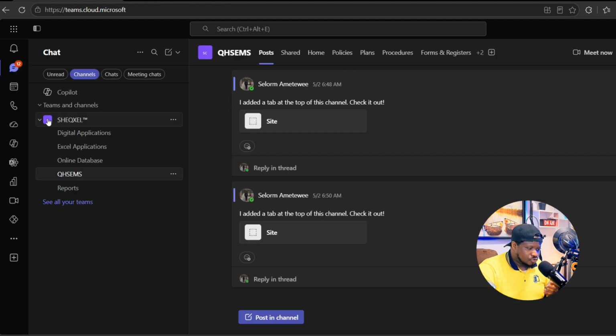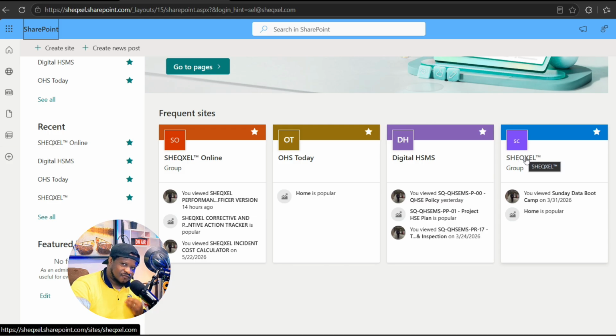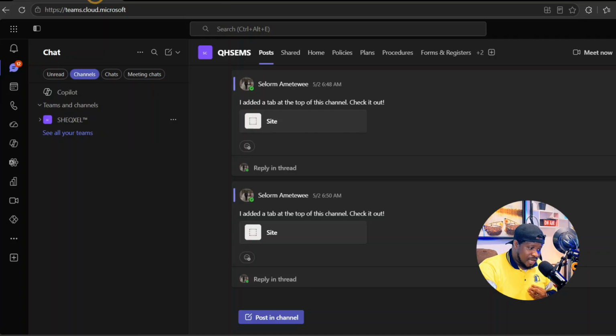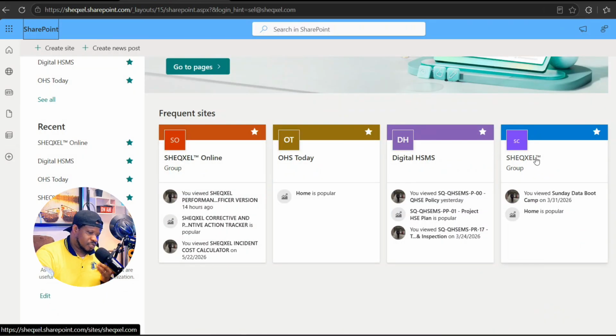Now, as I did mention to you, within the chat, we have team and channels, right? And so team is basically like a department that you've created, and the channels are the subsections within the team. Now, the interesting thing you want to pay attention to is the fact that every time you create a team, automatically it creates a site for you on SharePoint. So that is right here. I have my team over here, and I have the same team showing up in my SharePoint as a site. And so once I click on it,